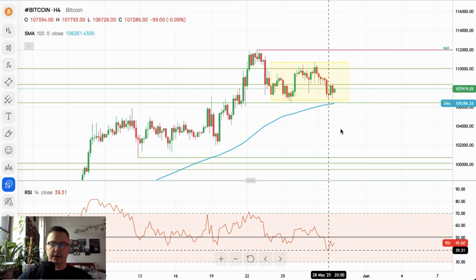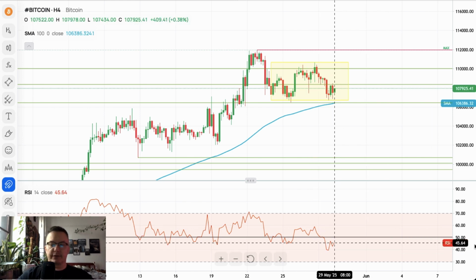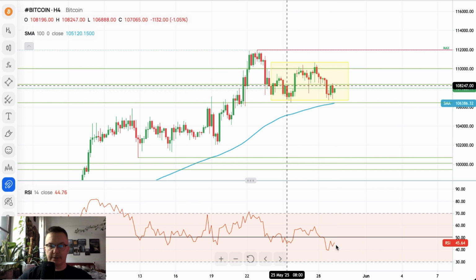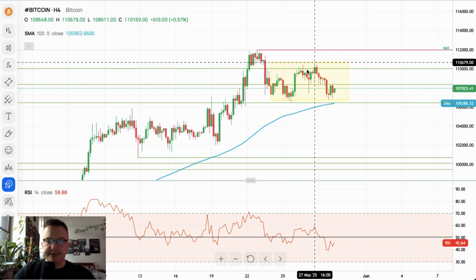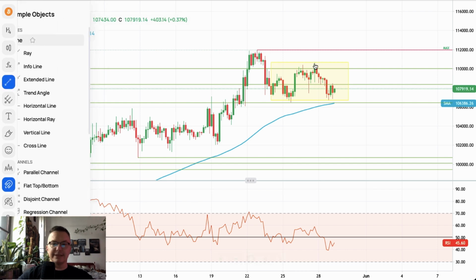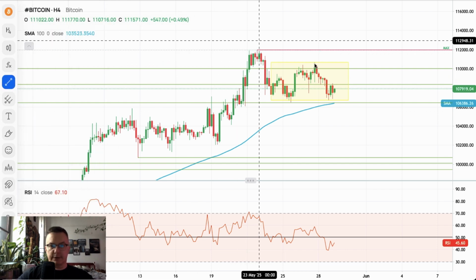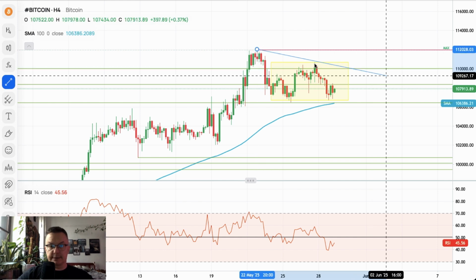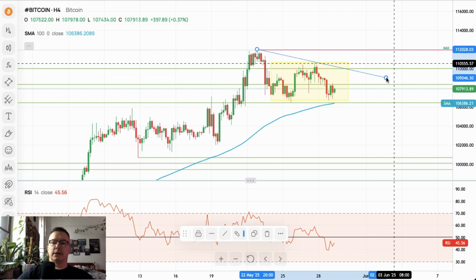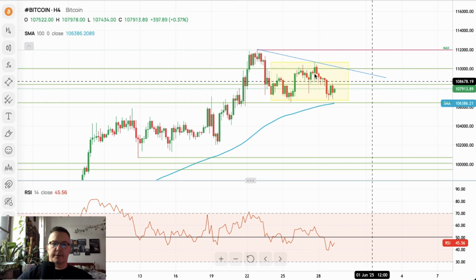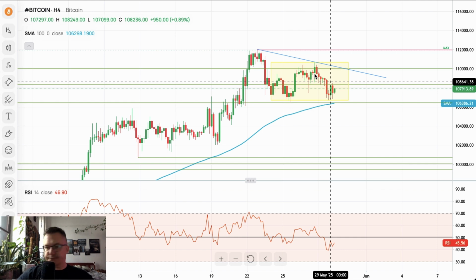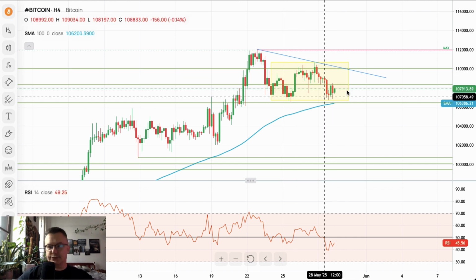The market conditions are oversold. Right now it's only 45 points. Bears are in charge of the market, as we keep having problems with breakout above $110,000. So as long as we stay below this level, the outlook remains in range. Now, because we have the lower high, let me just make this short-term trend line resistance. Let's keep it blue, because we already got the yellow rectangle. So as long as we stay below the blue trend line inside of the range, we might just see the